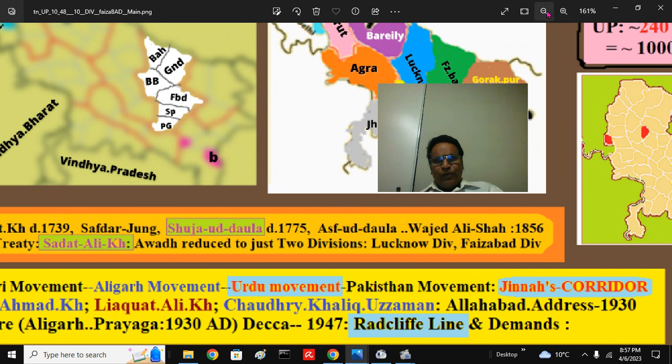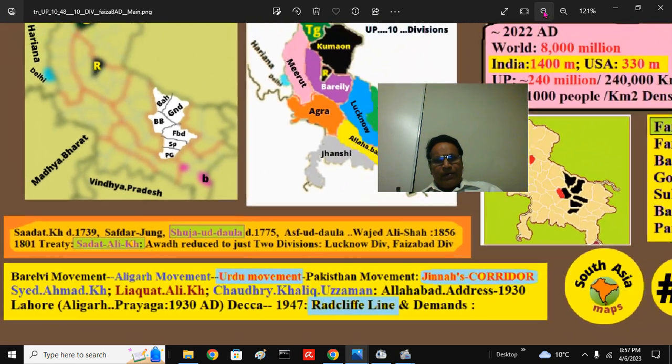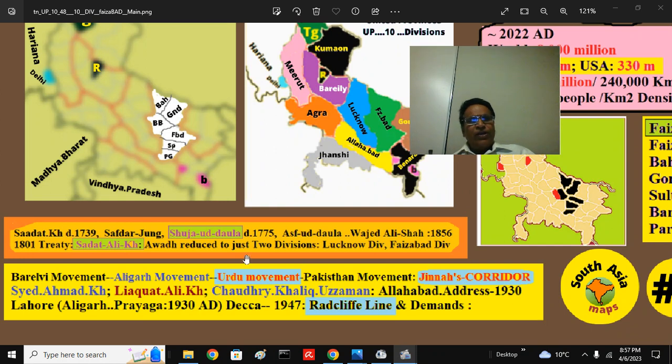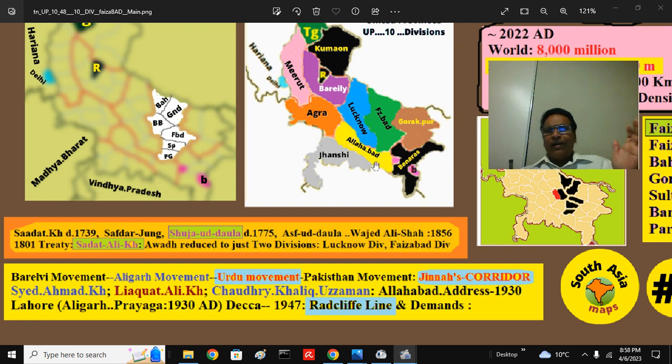So this region was ruled by the Nawab of Awadh. And what happened in 1801, when the aggressive British East India Company Governor General Richard Wellesley made a treaty with Sadat Ali Khan, the ruler at that time. So he gave a lot of territory, Gorakhpur territory, Allahabad territory, and then the Bareilly territory. Essentially 2 divisions remained, the Lucknow division and Faizabad division. The princely state remained landlocked, essentially all sides controlled by the British East India Company Bahadur's territory,